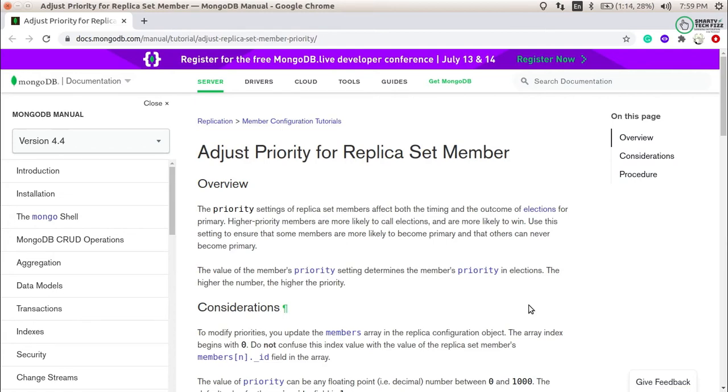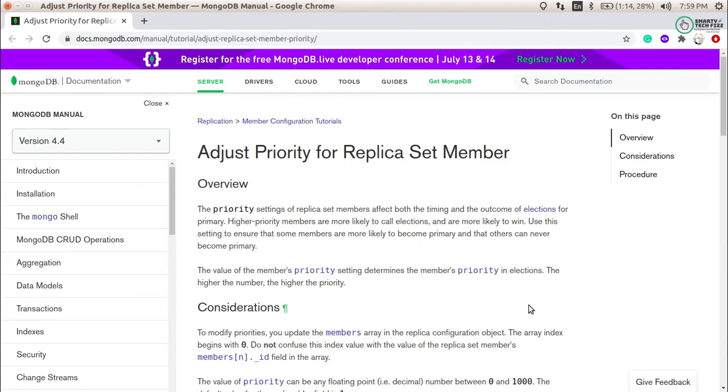I have to do it in a reverse situation: the member that is currently primary, I want to change into a secondary server. In that case, I have to reduce the priority of that server. This could be the situation where you want to adjust the priority of a replica set member.